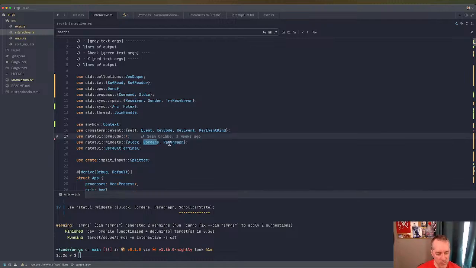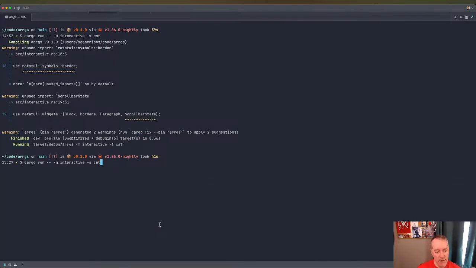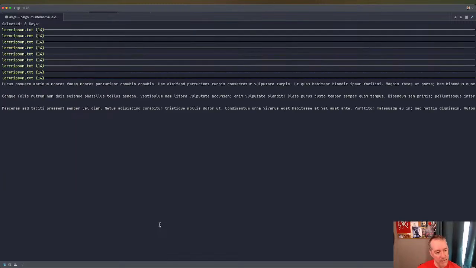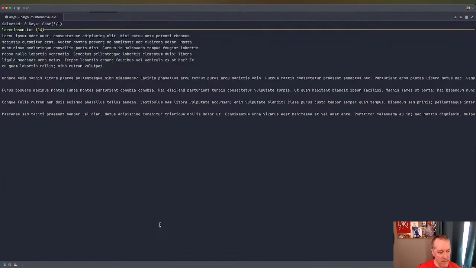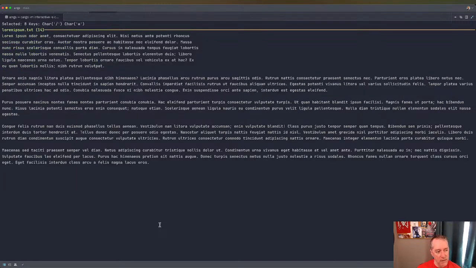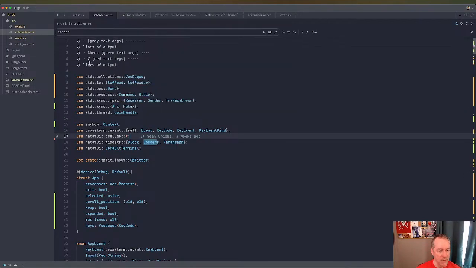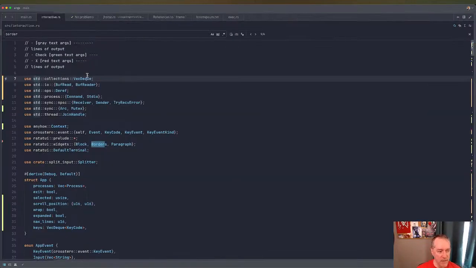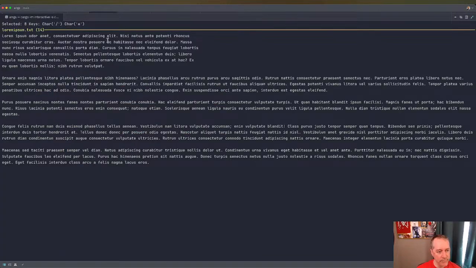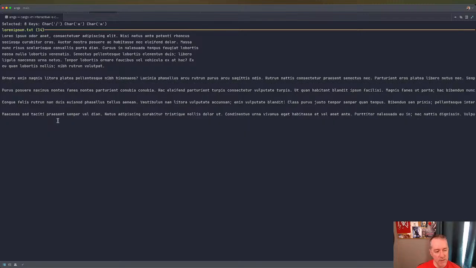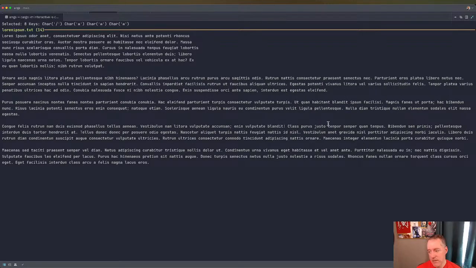I swore we were, but I was like, surely the compiler's lying. No, it's not. Okay, so now obviously this is not going to make a difference